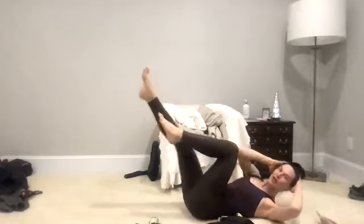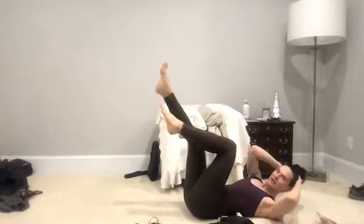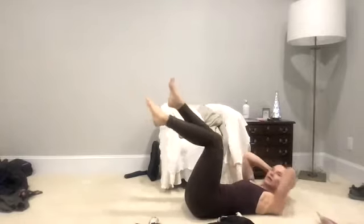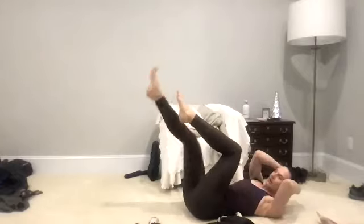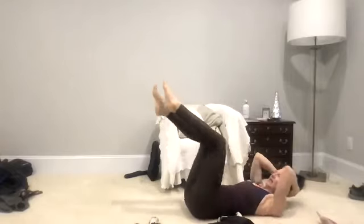After you get your sip, come down to a shoulder blade off the mat position, fingertips behind your head. Rotate, rotate. Take 30 of these, even if you have to break and rest in the halfway position, it's okay. 14, 15, 16, 17, 18, 19, 20, 21, 22, 23, 24, 25, 26, 27, 28, 29,